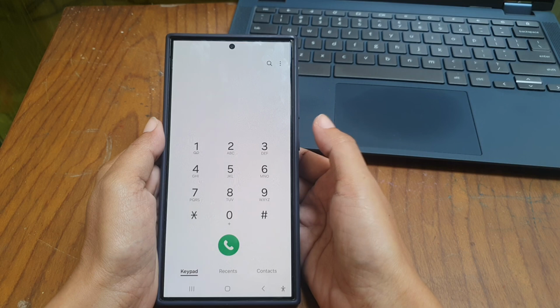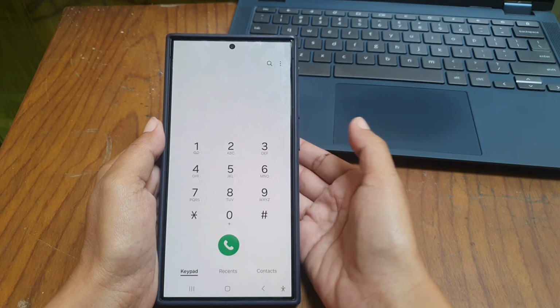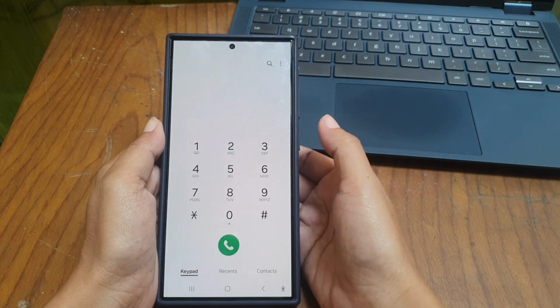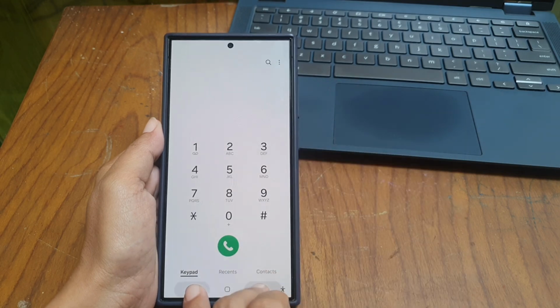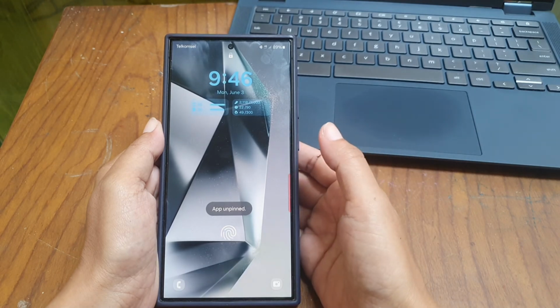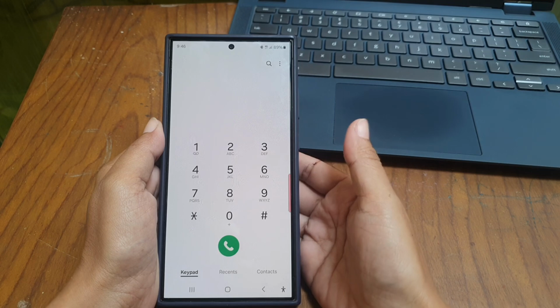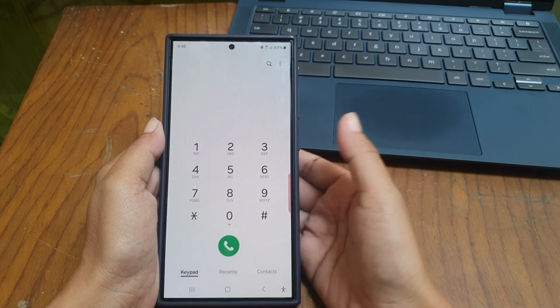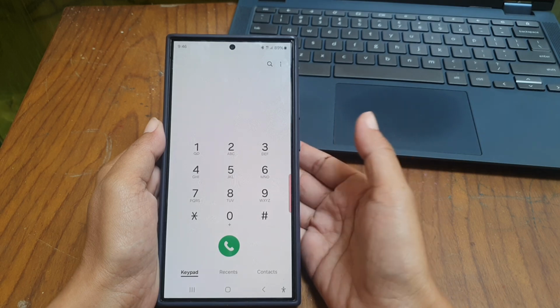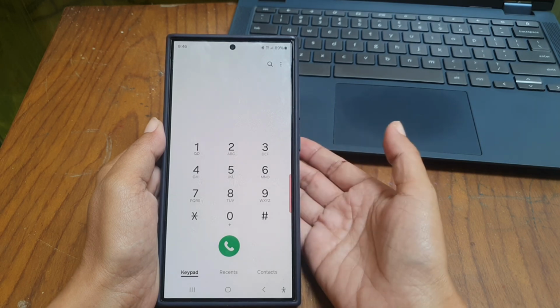If you like to unpin a pinned app so you can use other apps and features, tap and hold recent and back button at the same time. And then enter your screen lock. If you did the right screen lock, the app will be unpinned and you can access other apps and features in your phone again.